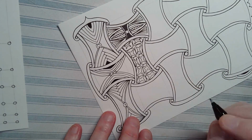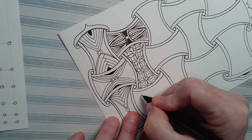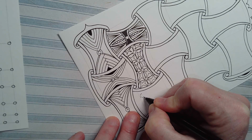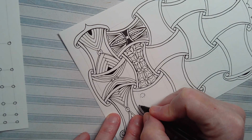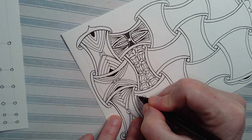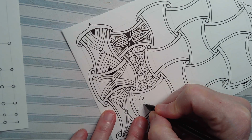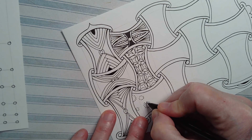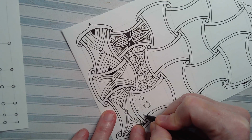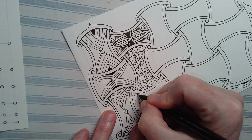Here's a really simple pattern to fill this in, and it involves imagining there's a circle here, and I'm going to draw little lines around that circle to create a pattern like that. And I'm going to do this in lots of places, and I'm going to vary the size of these circles. Some can be big, and that helps if you draw bigger lines, oddly. I don't know what it is about drawing longer lines that makes you draw a bigger circle. Perhaps it's just me. Or smaller circles, or even filling in the spaces in between with tiny little circles,